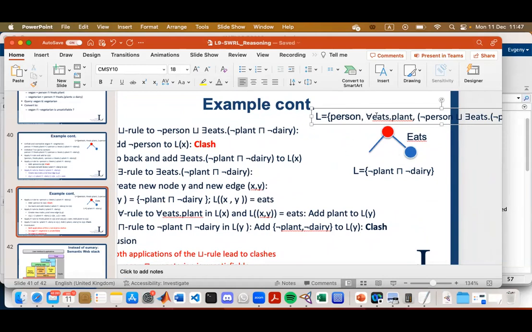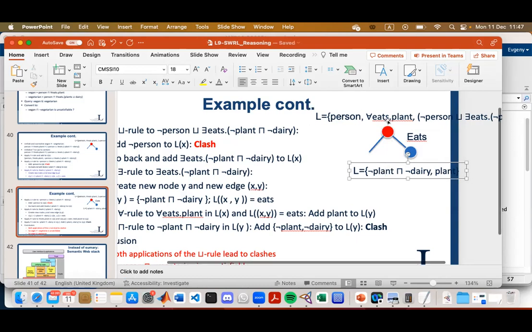It means that having this equation in the first label means it's definitely part of this class. But then you also add plant into the relation eats into the new node, and this comes into clash with the plant concept in the new node.